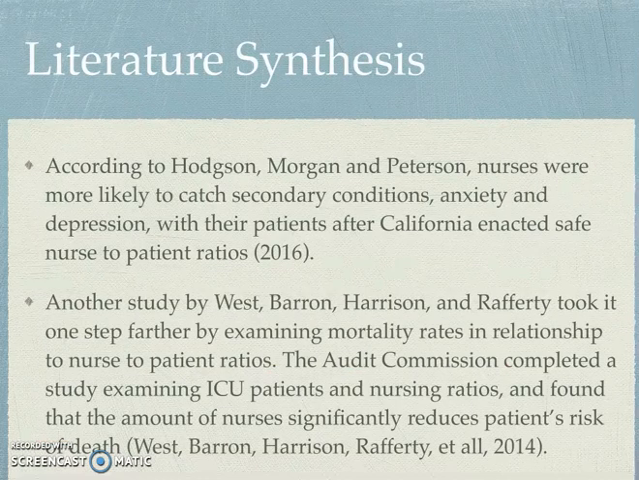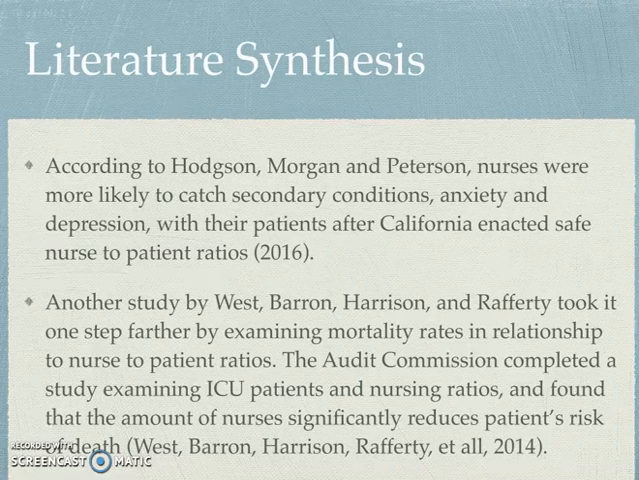Something interesting with the Hodgkin, Morgan, and Peterson study was that these nurses were working in California and they had enacted their nurse-to-patient ratios, and because they were adequately staffed, they were able to catch these secondary conditions like anxiety and depression, and because they had enough staff to treat them. So that can really affect patient care in the future, by reducing readmission rates, hopefully getting them treated and getting the care that they need. Another study by West-Barron, Harrison, and Rafferty